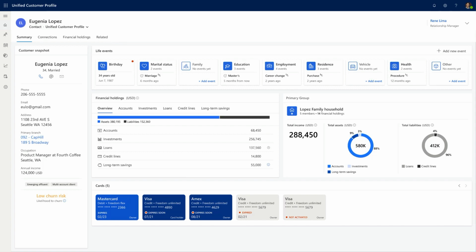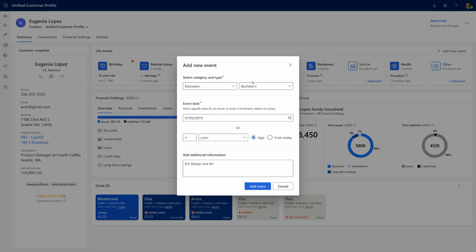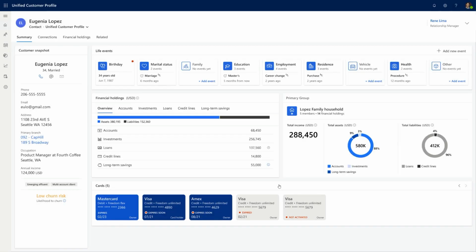For this demo of Unified Customer Profile, we'll start with the banker experience. Life Events presents highlights about the customer in a consumable format, so bankers can speak intelligently to the customer's goals and priorities. The banker is provided with at-a-glance recognition of the key characteristics of the customer and can add information quickly when the customer shares something new, helping to make marketing more effective and drive consistency across the bank.